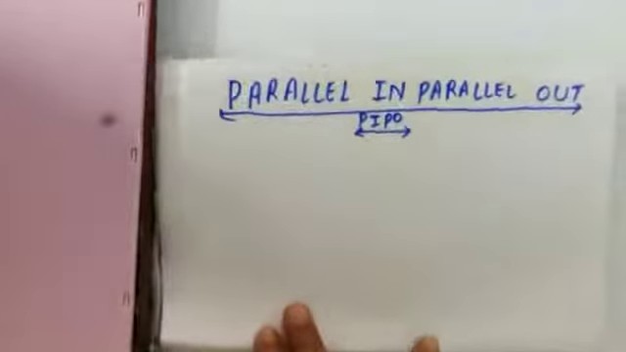So in this video we will study the last type of shift register, that is parallel in parallel out shift register, PIPO. Okay, so in this shift register what we will see is that the data will enter into the register simultaneously across each flip-flop and will come out simultaneously at the output of each flip-flop. Means just supply the data at the input of each flip-flop and you will get the data at the output